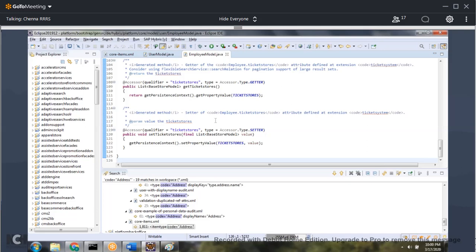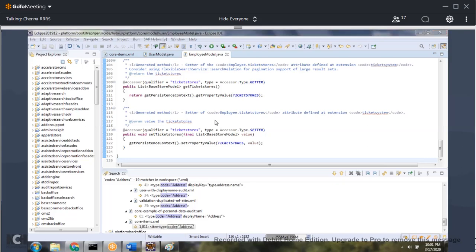So if you calculate the value in one place and keep it in the employee model, it is available for other places. But with a local variable, the visibility is gone. That's why we create dynamic attributes, to make the visibility at the model level, so that it is available for more than one extension.